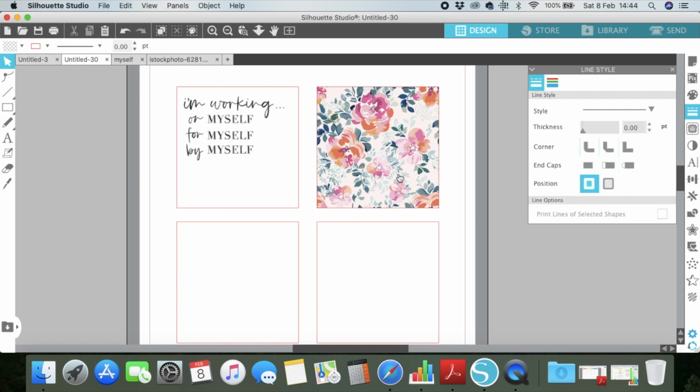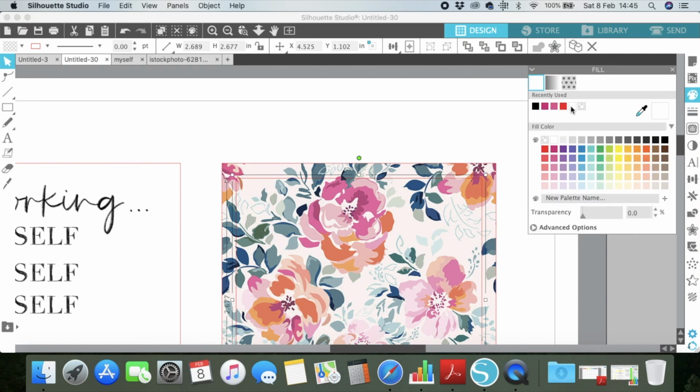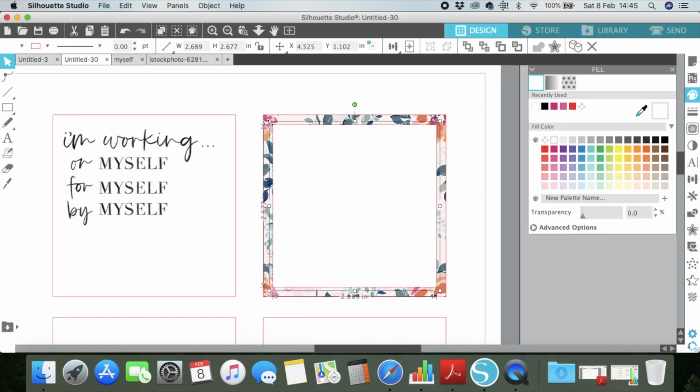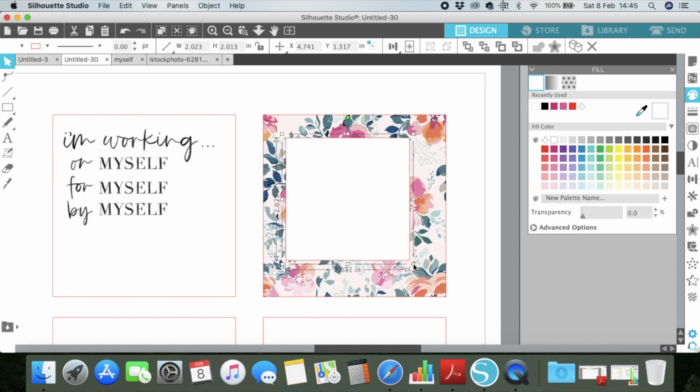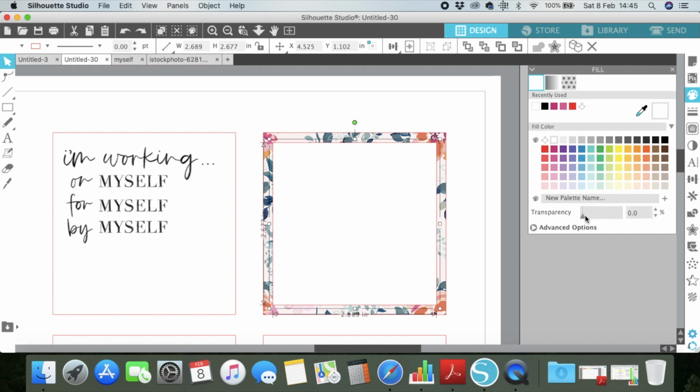What I found is that sometimes, if the pattern is quite bold or the colors are very bold, it's very hard to write on. So what I do then is I just draw another box over that pattern. I'll zoom in so you can see a bit closer. I will select that inside box and color it in white. You can have it white if you want, and you can play around with the edges. You can have it smaller, that looks quite nice. Or if you want, which is what I like to do, I change the transparency of the